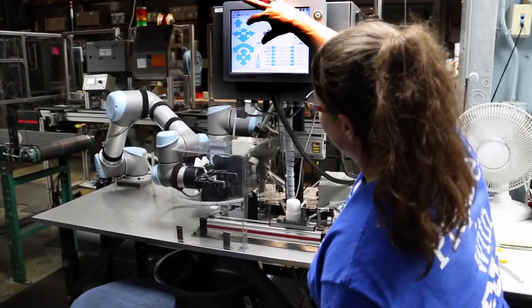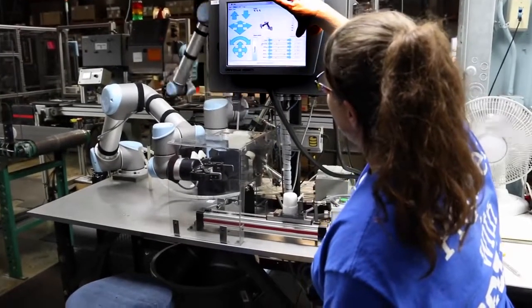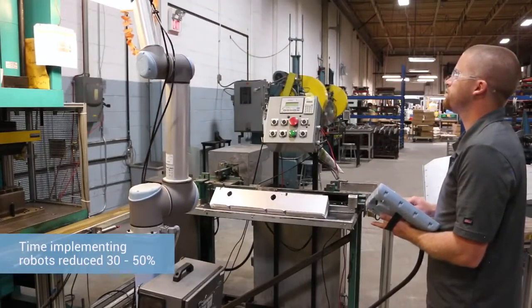The process of the robots was actually a lot simpler than I had expected it to be. If you can work a smartphone, you can pretty much work these robots. It was really easy to learn, and it went much smoother than I anticipated. I was a little antsy using the new technology with the collaborative, but it was really easy to use. I would say it took a third to half of the implementation time out of it based on previous experiences